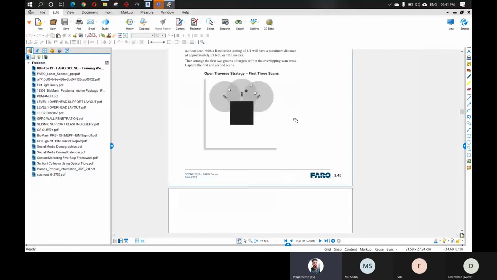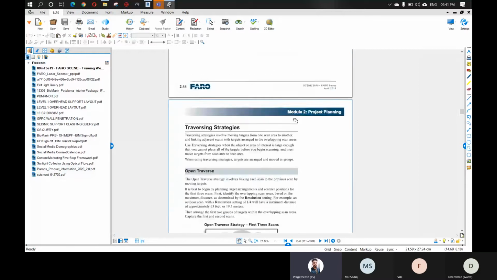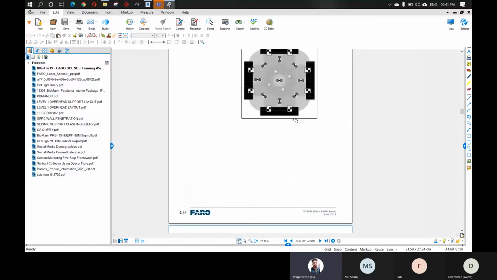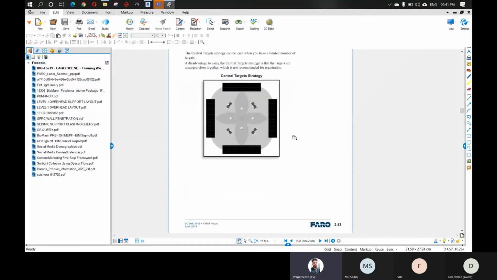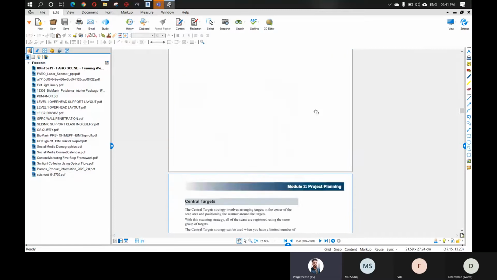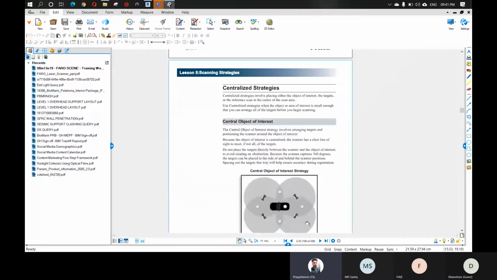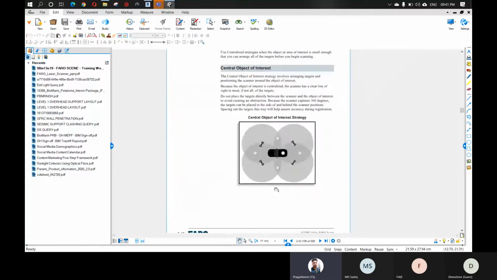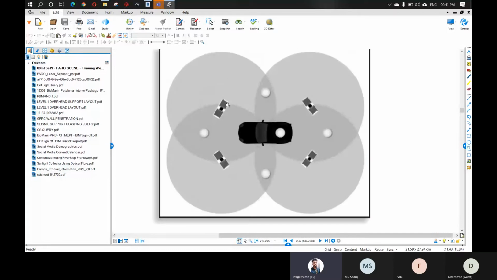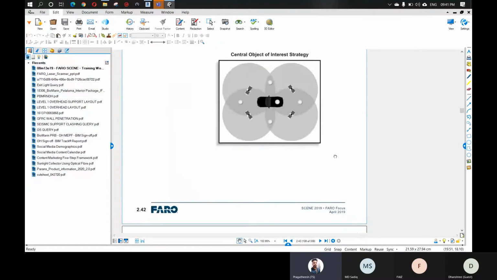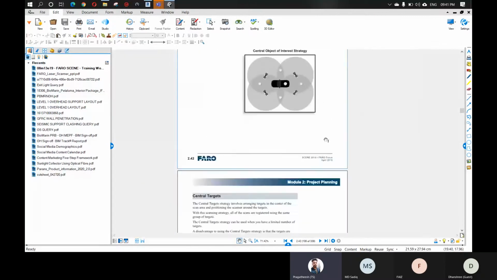This is also used in 3D printing, like if you want to manufacture anything, you can just scan the 3D object and do 3D printing, etc. You can see here, in order to scan this entire car, the equipment has to be kept in these places. Only then can you cover the entire car. I'm just giving you an idea how this happens, but we don't need to worry about this. This is not our responsibility.